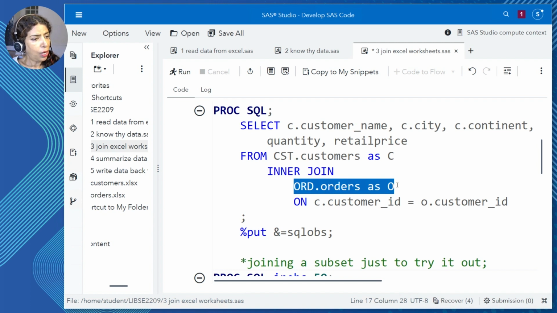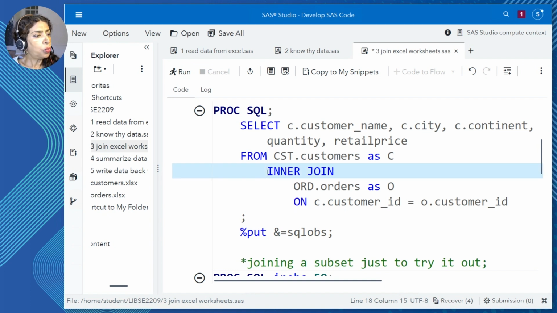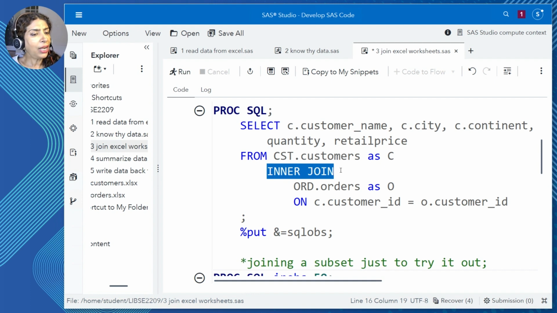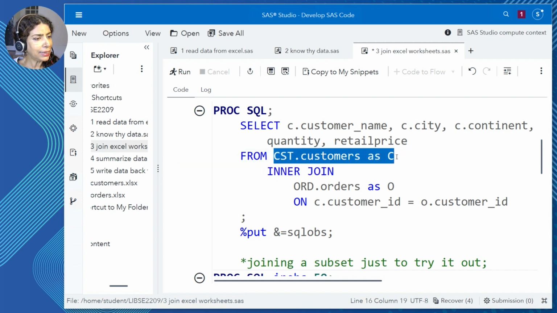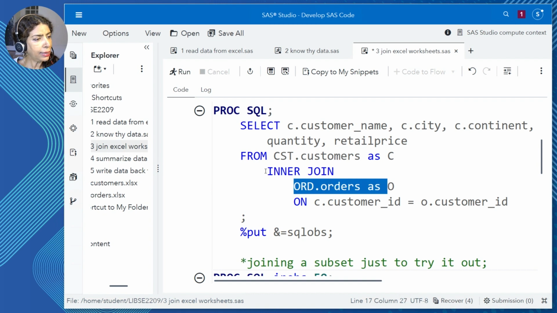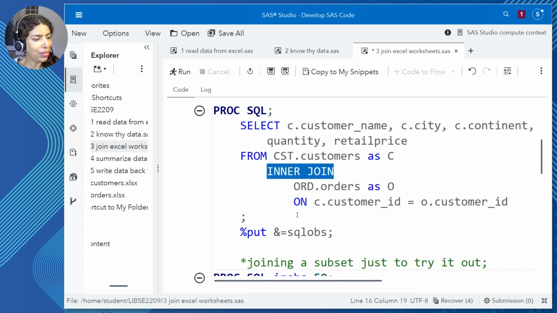SQL says when you're joining a table, you need to specify a join condition. So that goes on the ON clause. When you're joining a table, also please tell me whether you want matching rows, which is an inner join, or matches and non-matches, which is an outer join. We want matching rows, so we specify an inner join. So you've got the two tables listed on the FROM, combine that with an INNER JOIN syntax, and on the ON clause we specify the join condition.